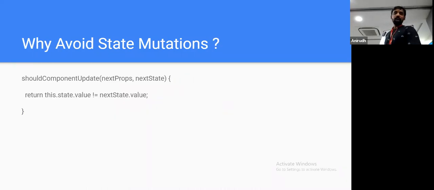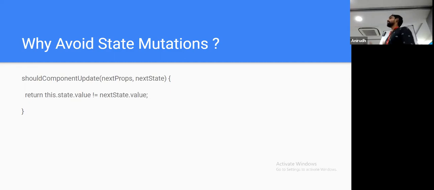So why would we avoid state mutations? Because if we do state mutations directly, you won't be able to write such code in your shouldComponentUpdate. What I'm doing is just checking the reference: this.props.value is not equal to nextState.value. If I had mutated the data, I would have to add a for loop and check the child properties and all that.